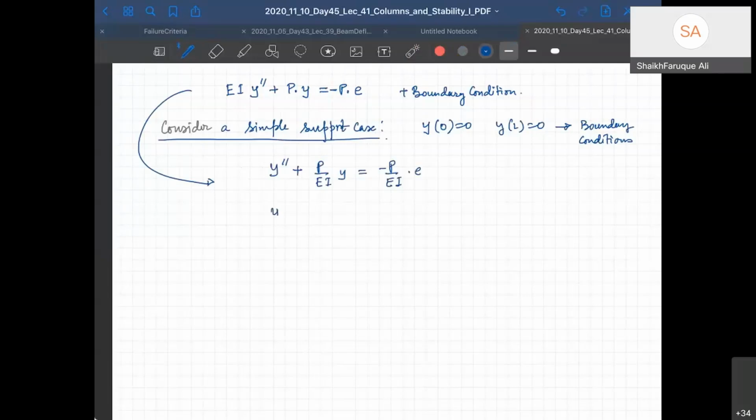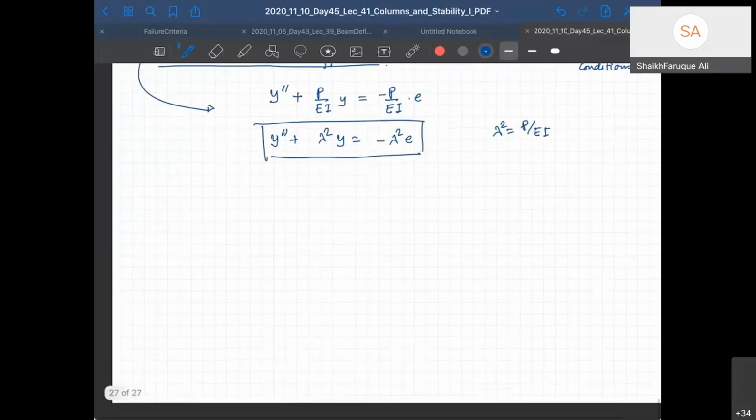So it comes out to be y double dash plus lambda square y is equal to minus lambda square e, where lambda square equals P by EI. That gives me the solution to be y of x